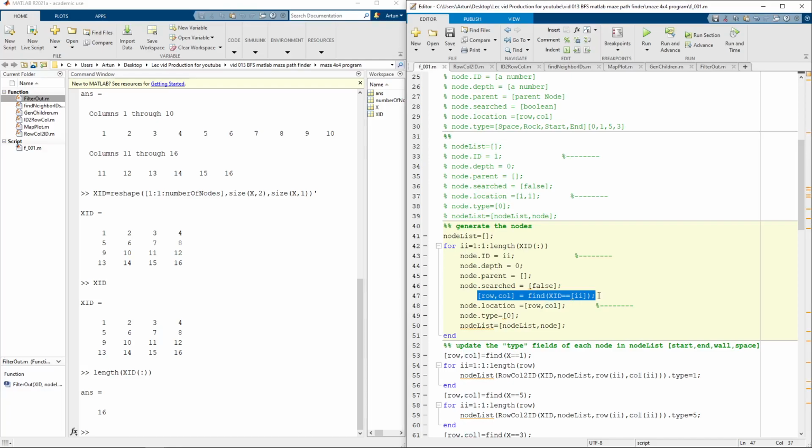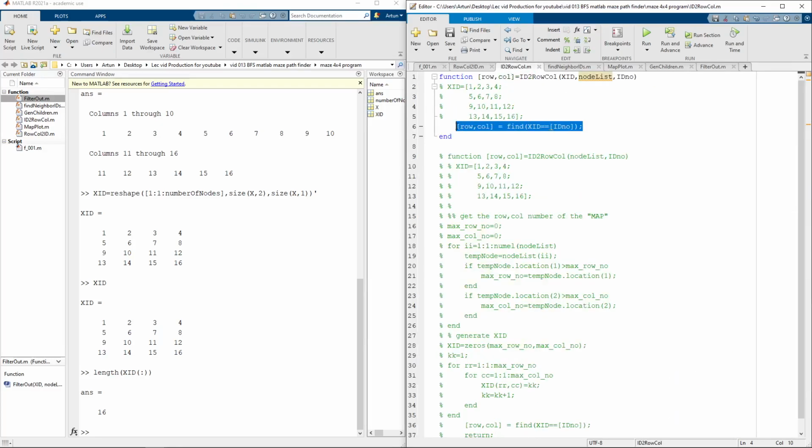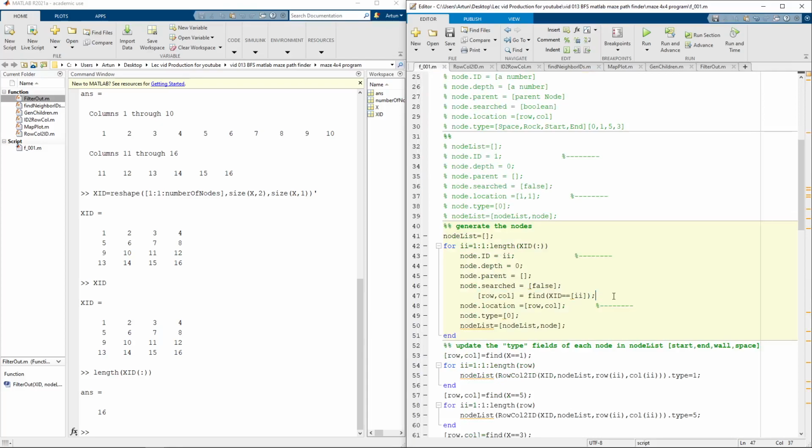By the way, you could write an ID to location function for that. Anyway, this is right, I'm not mistaken, right? Yeah, this is like one line. You don't even need to make a function for that. All right. So you fill out the location fields,